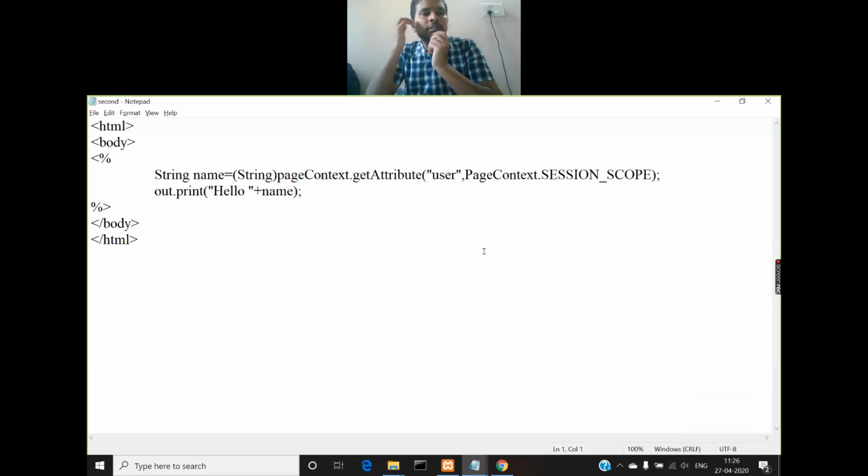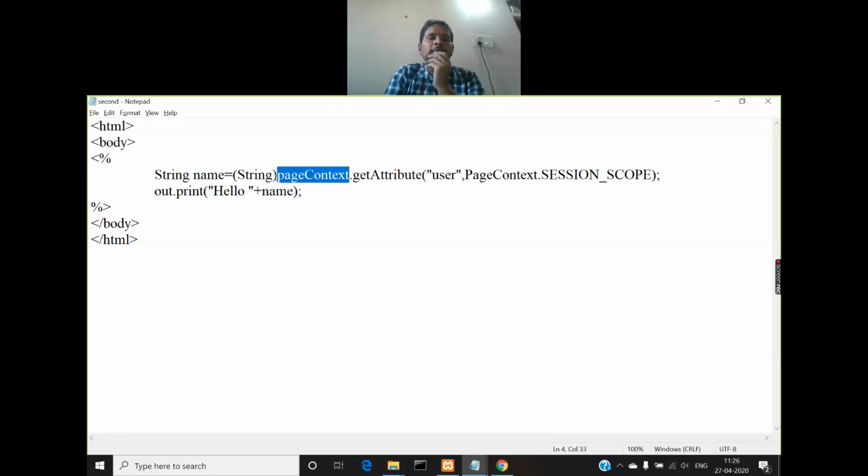Now let us see what is in second.jsp. In the welcome.jsp file we created an attribute, right? Here you can access that attribute value by using the getAttribute method. There we used the setAttribute method to create the attribute. Because it is already created, we must be able to access its value, so you have a method called getAttribute. You call that method using the pageContext implicit object.